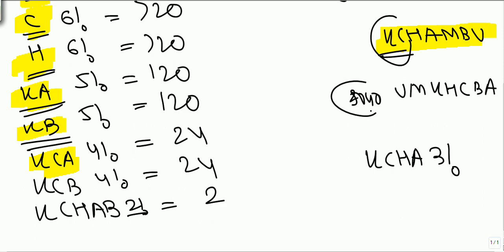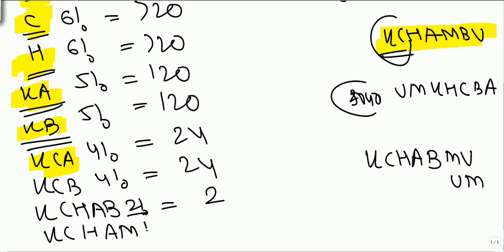Which all are these 2 ones? KCHAB, MU, UM. Now what we have got is KCHAM. What will we be getting now? First we will get BU, then we will get UB.